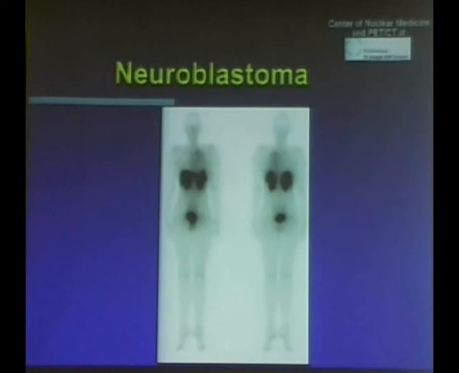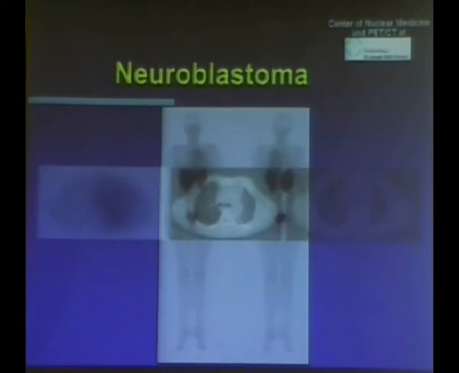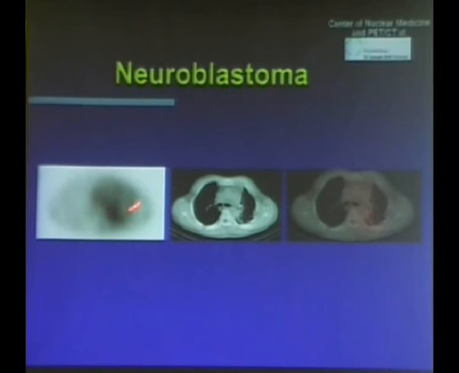And because of this, the octreotide scan was performed. You can see the whole body imaging, and you can see that there is a slightly higher uptake of the left lung. We have discussed what it could be. Maybe something like inflammation. We have performed SPECT-CT, and there you can see in the transversal slice that the uptake